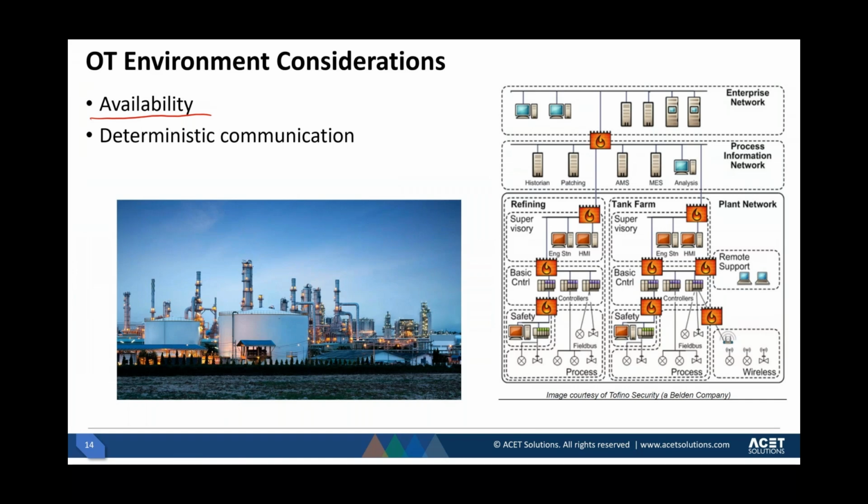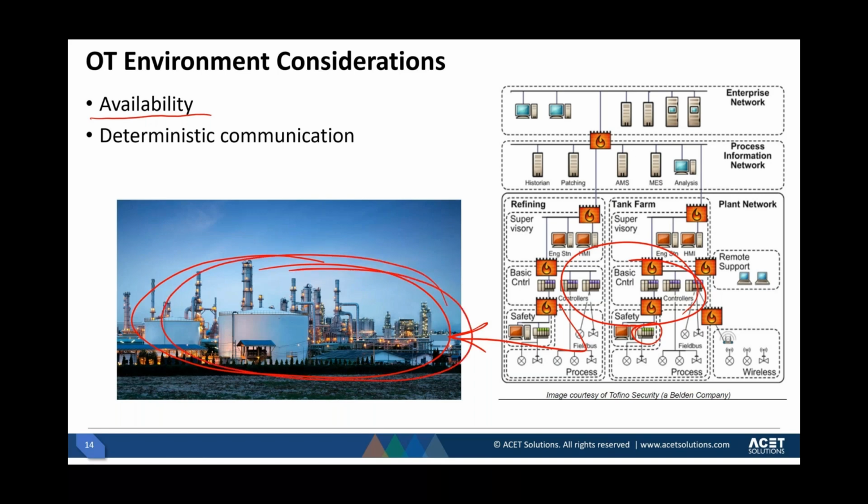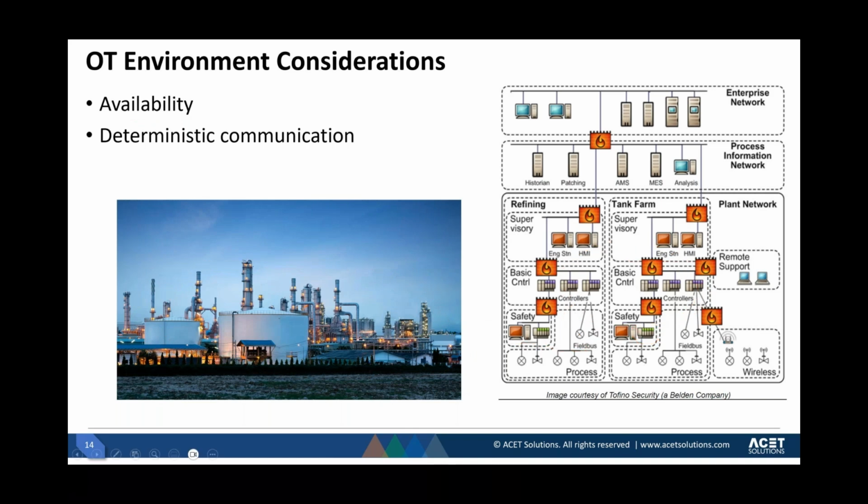Why? Because let's say this was a refinery or petrochemical complex, the control system is operating it, and it's going to keep operating for years and years. You're not going to just shut down a PLC or do something that causes the PLC to shut down or malfunction, or the network to malfunction in any way that disrupts the operation of the industrial facility. So availability is the king, but most of us already know that.